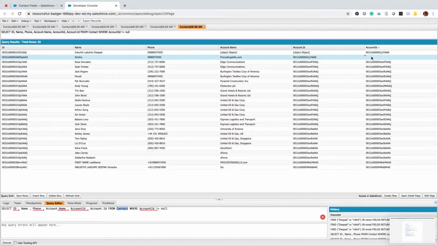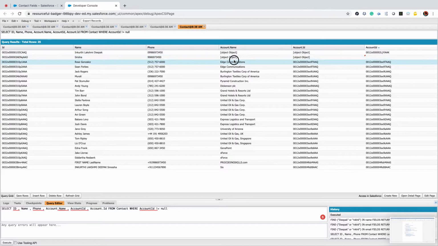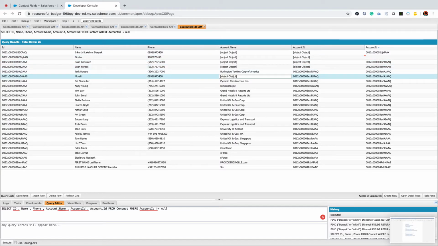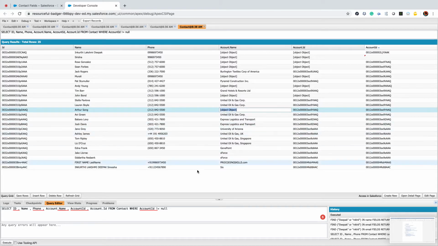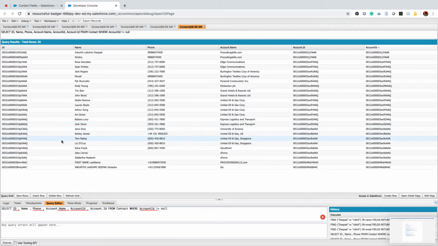Clear? Am I sounding right? Account.Name is not from contact. This is just a field value it is showing. You can't modify anything in the query. If I try to modify anything, it's just converted to JSON objects, and if I refresh, it will come back. Clear?